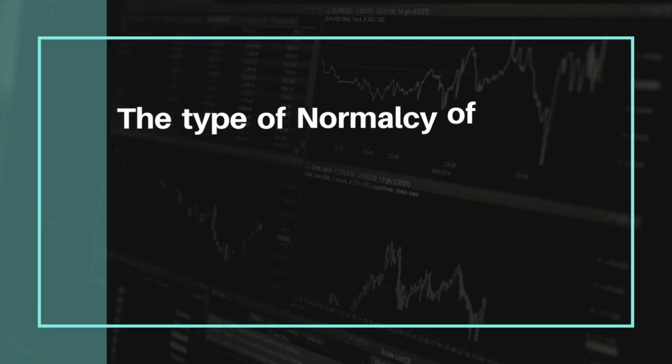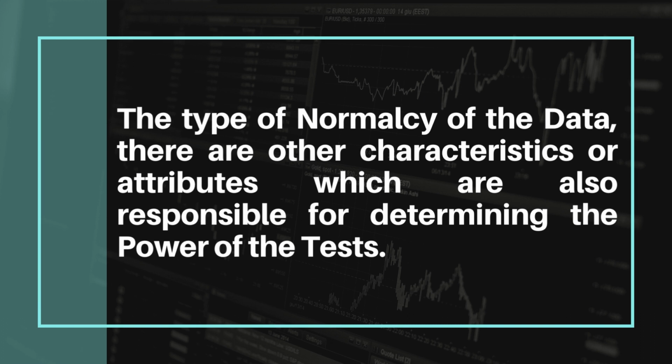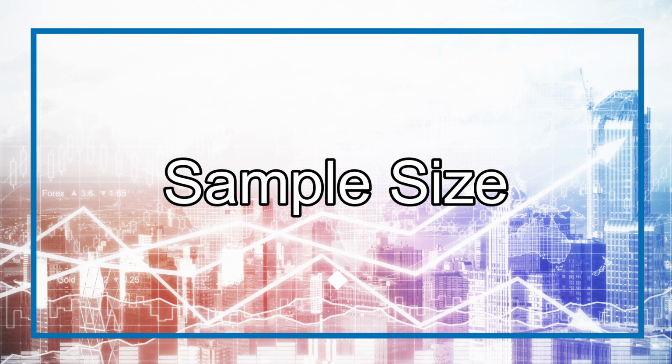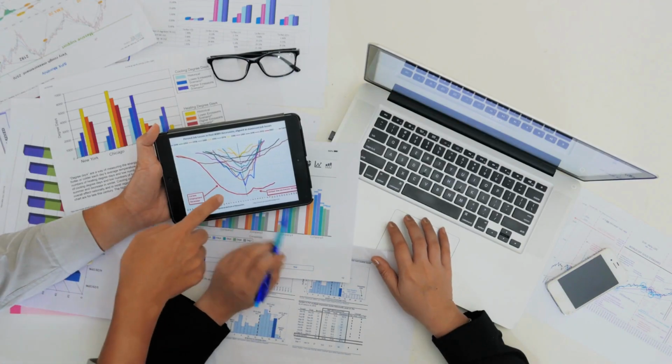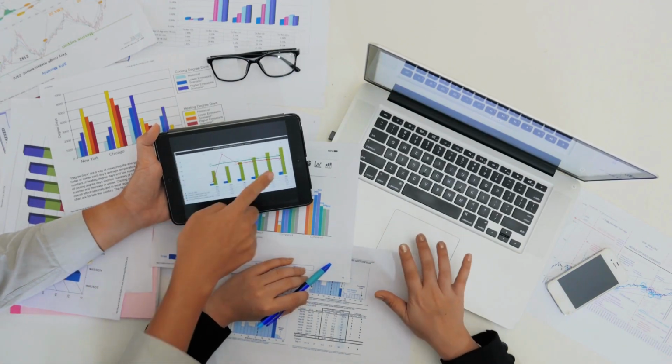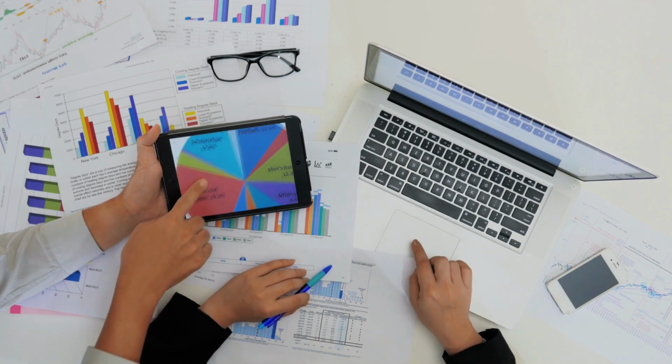Apart from all these distribution-related issues, type of scale issues, and the normalcy of the data, there are other characteristics or attributes which are also responsible for determining the power of the test. First one is the sample size. Sample size is very important because the degree of freedom is associated with that, the homogeneity of the scores are